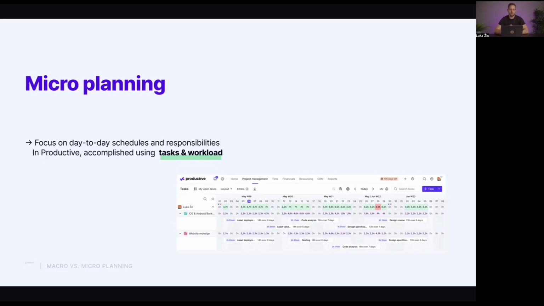We generally assume, for the purposes of this webinar, that you're already familiar with at least the basics of either resourcing and or tasks. So we won't do that much of a deep dive into how these things work in Productive. We'll be more oriented towards what a business would want to do with these tools at your disposal.